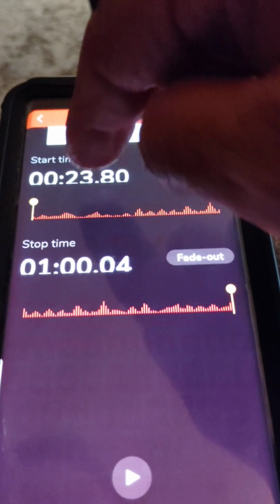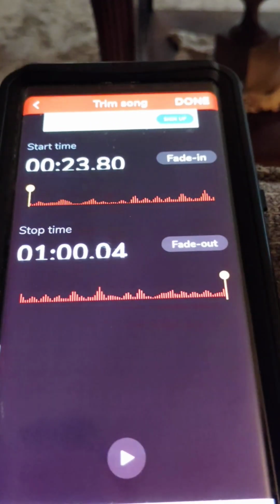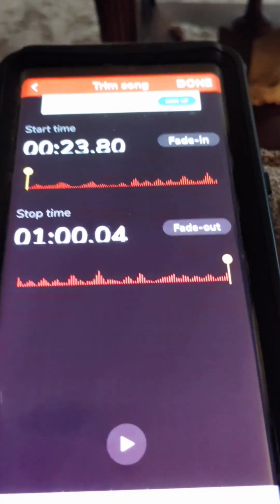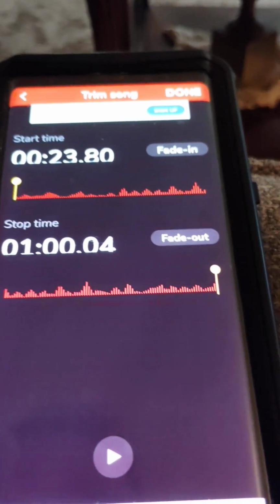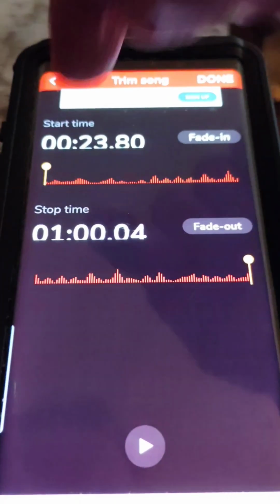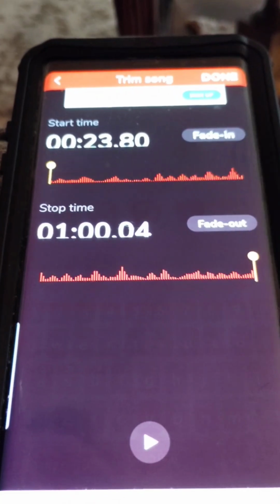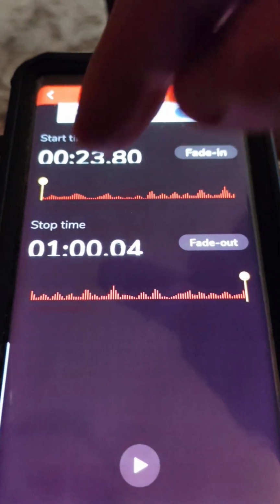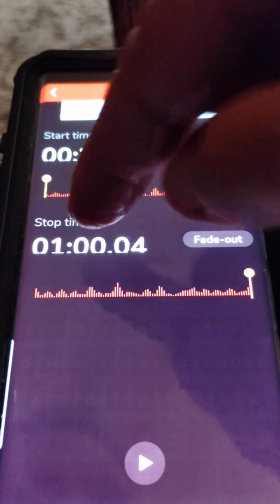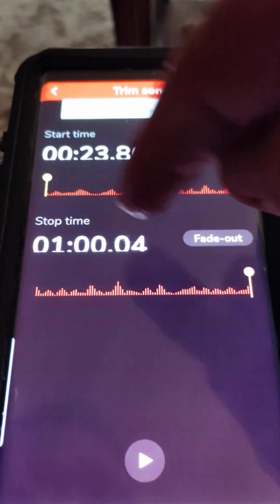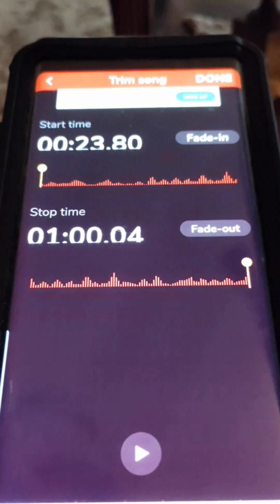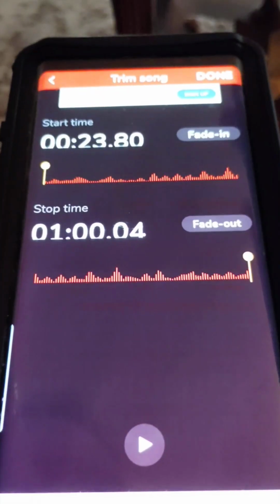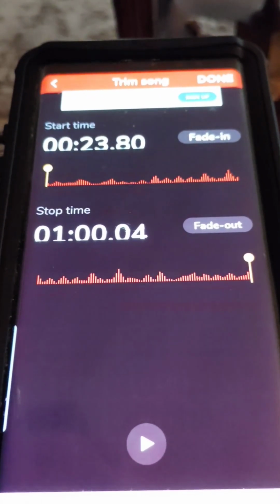So I started it at 23 seconds into the music. That's where the lyrics started. 23 seconds, it says it up here. Then it's going to a minute, to the minute mark. So the music is actually going to be approximately